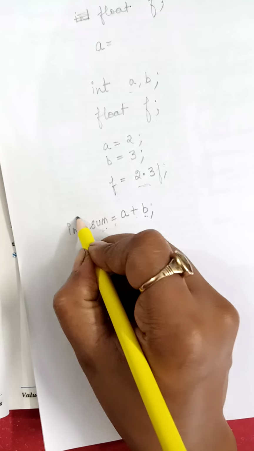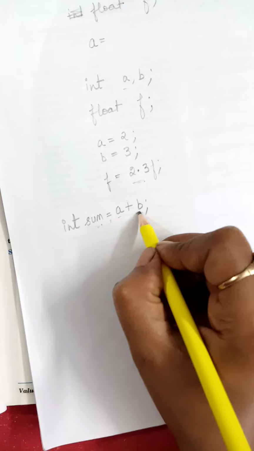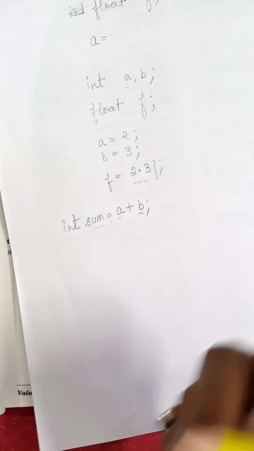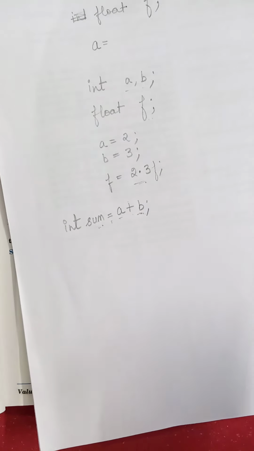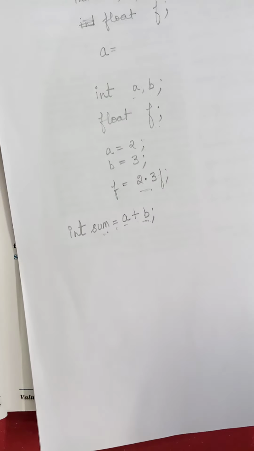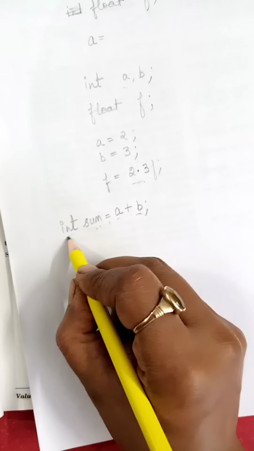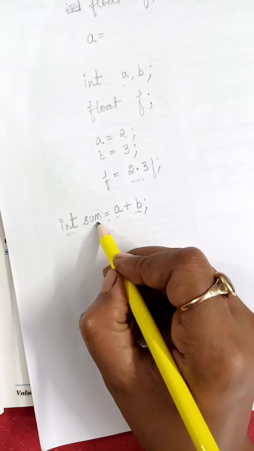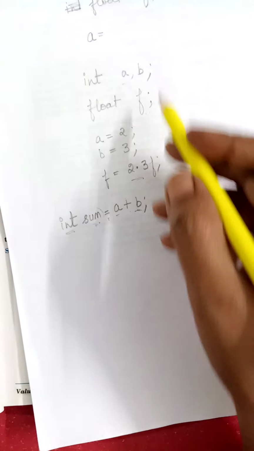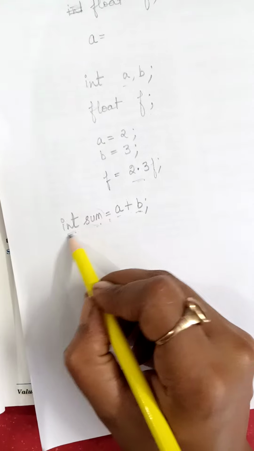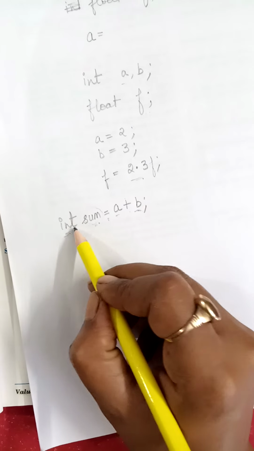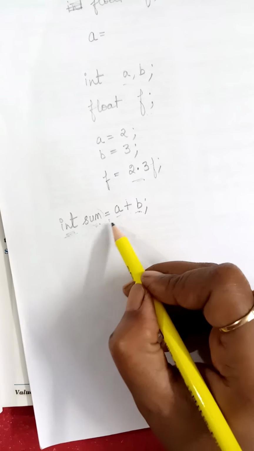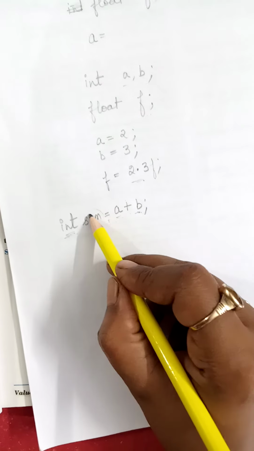So int, as we are going to store the sum of two integers, so you will be getting an integer as a result. After the addition of two integers, we must be getting a whole number. So what will be the type of sum? Int. Before using any variable, you must declare that variable. You haven't declared it earlier, so simultaneously we are declaring sum of int type equals a plus b. We are declaring as well as assigning a value to sum.